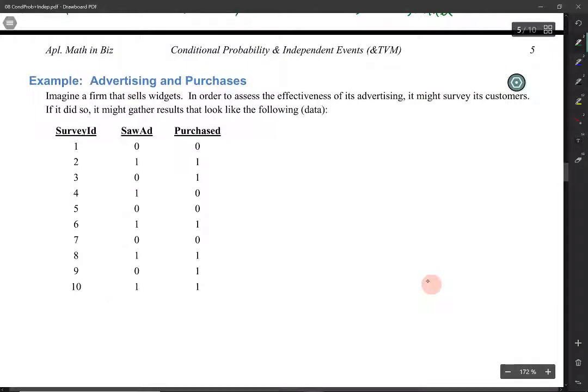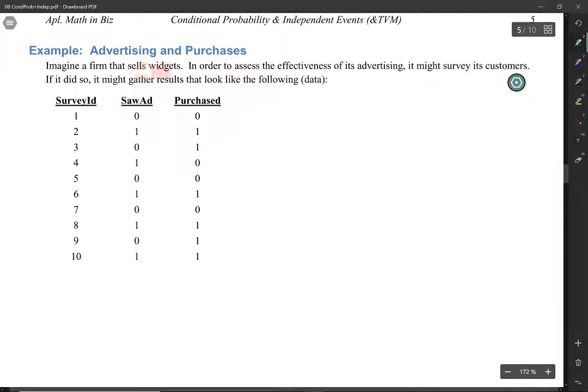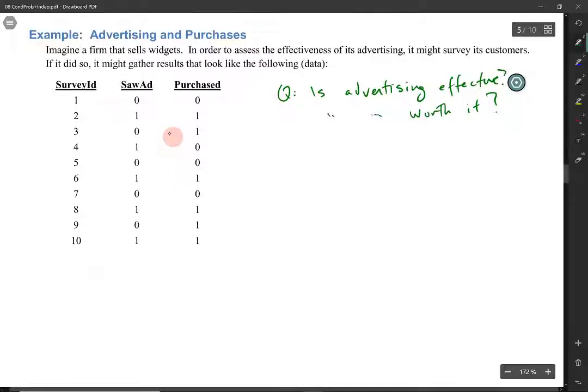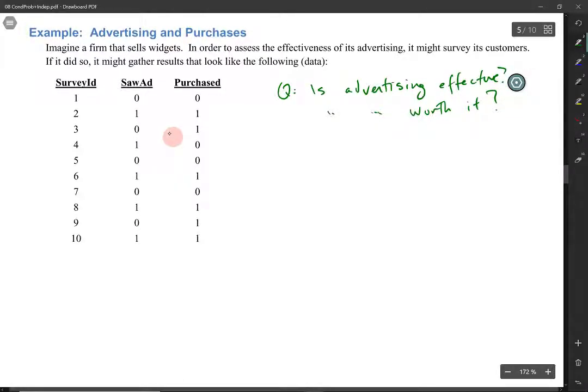You want to ask, is advertising effective? Or is advertising worth it? Okay. And so if we go through this example,